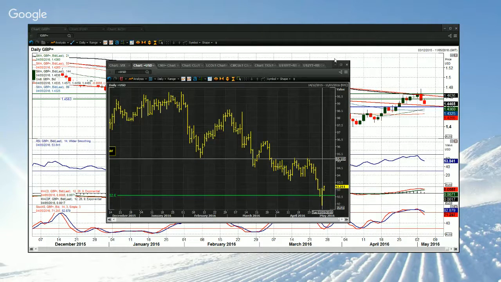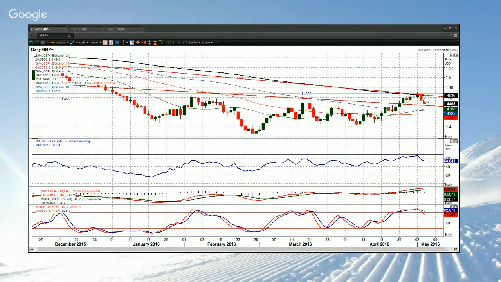Looking at cable, certainly that is a big bearish engulfing pattern on the candle, or bearish key one-day reversal, whatever you want to call it. Look at these momentum indicators as well. There's a crossover sell signal on the stochastics, RSI falling away, MACD lines losing traction as well. I think we could see a bit of a near-term correction.